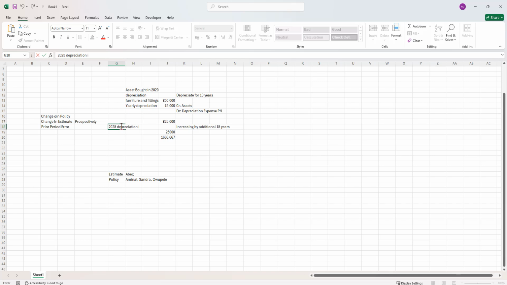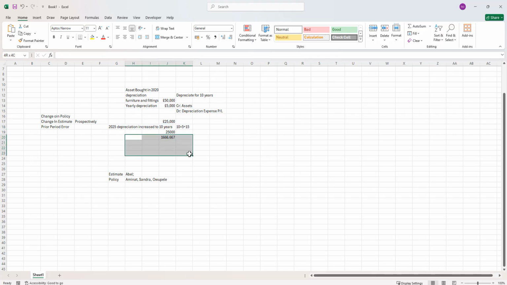depreciation increased, right? Now we have 10 plus 5 equals 15, right? So that's what we now have, 15 years. So at that day, 2025, we just make our change straight and we go on with it from that date. But now, if we're changing our depreciation policy from straight line method to reducing balance method,